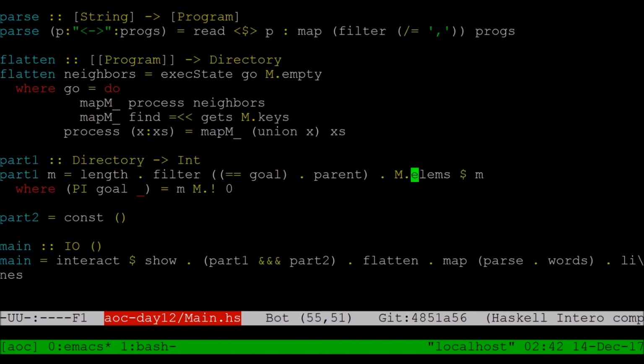thing that we have to do is, again, let's leave flatten for a moment. You can write part 1, and it's very nice, and you say, what is the answer for part 1? It's sort of like, well, just look up all the elements of M where it is the case that the parent of the node in the element